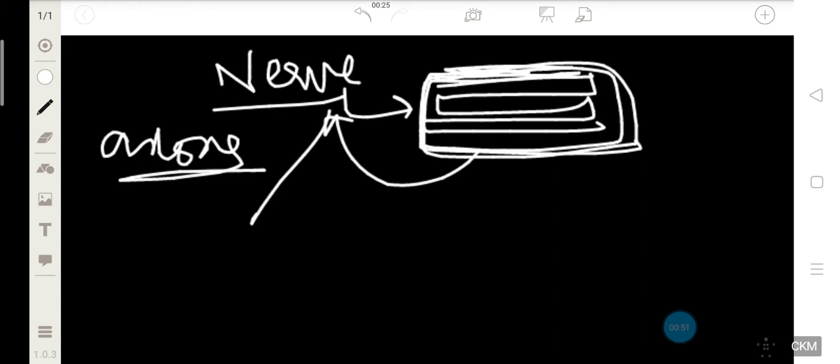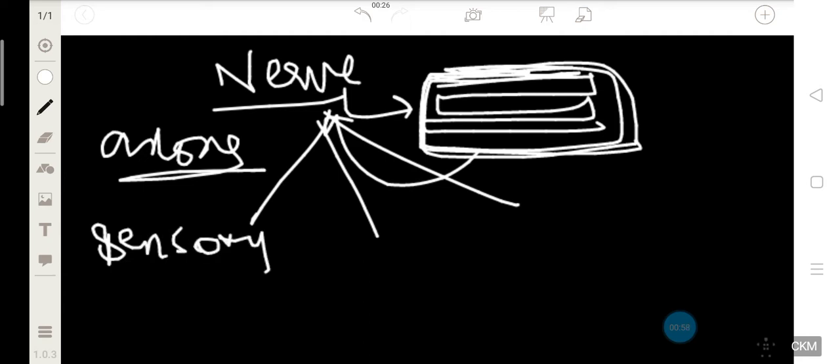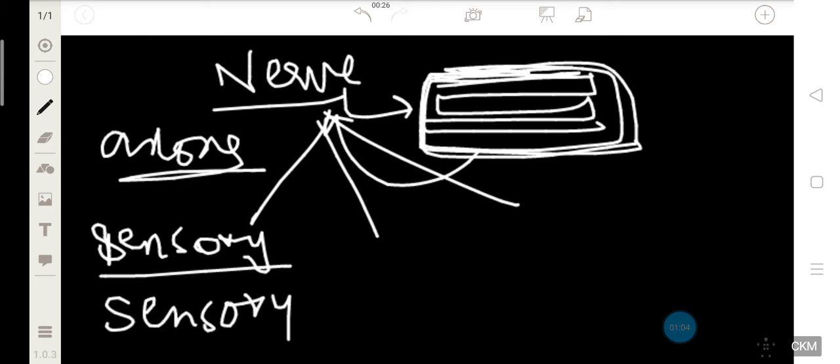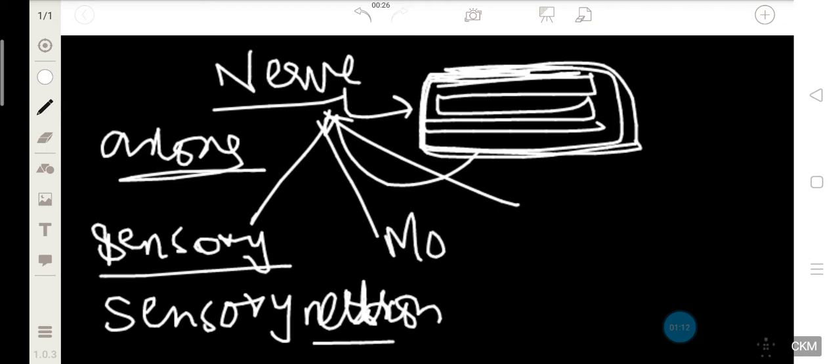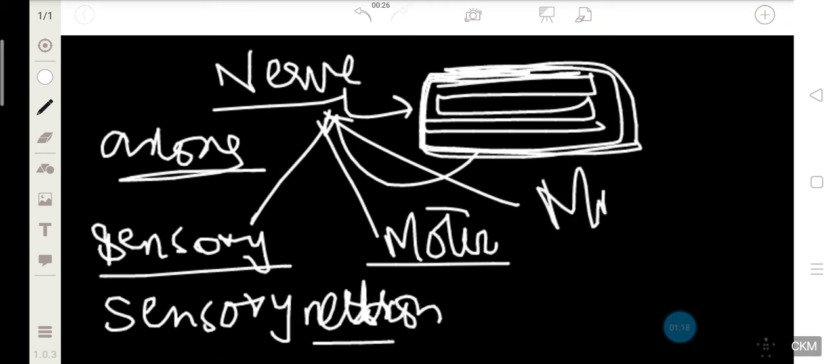There are three types of nerves. The first is the sensory nerve, which is made up of the axons of sensory neurons. We have learned about the neuron in our previous section. The other one is the motor nerve, which is made up of the axons of motor neurons. And the third one is the mixed nerve, which is made up of the